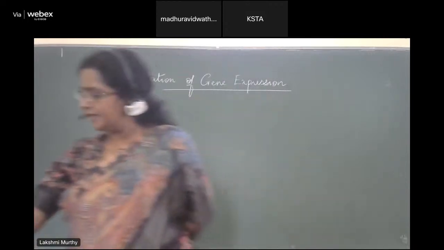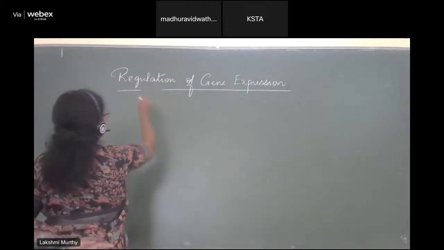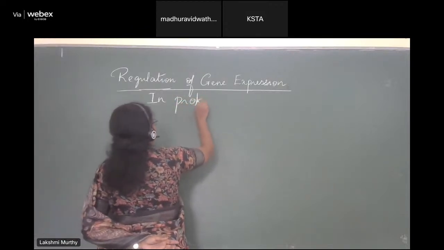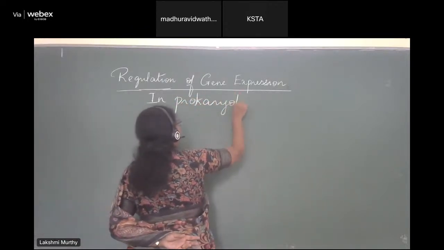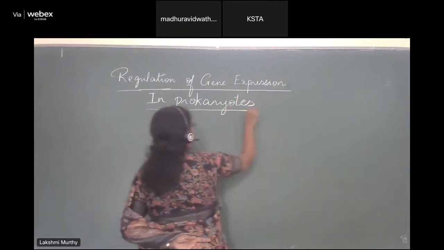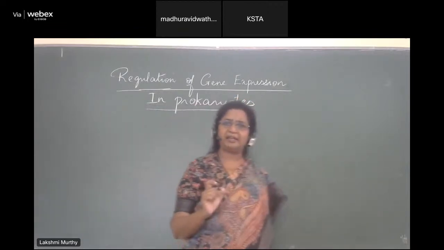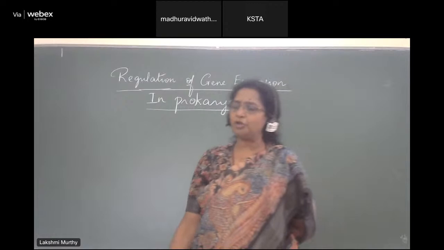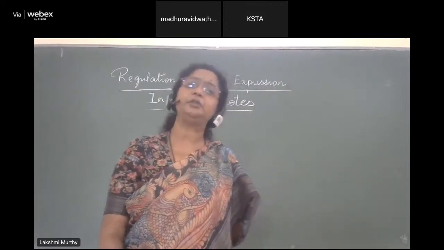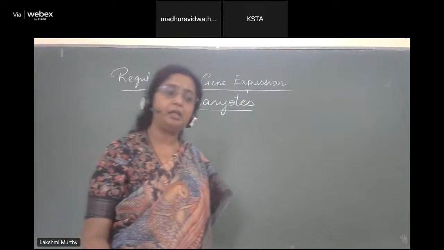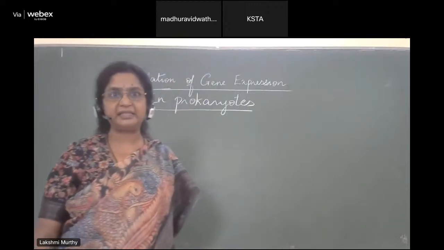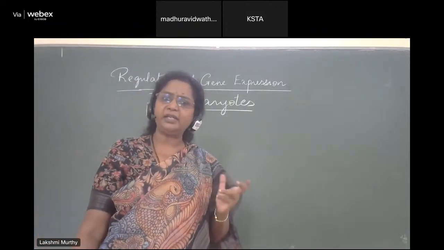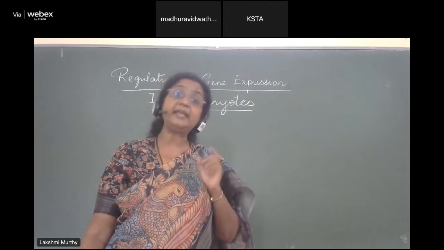Right? Let us go ahead now into regulation of gene expression in prokaryotes. Now, in prokaryotes, except maybe some of the cyanobacteria like Nostoc and so on, where you may have 2 different types of cells present, otherwise most of the prokaryotes are unicellular, and even if they are multicellular, all the cells happen to be the same. So when you do not have specialization of cells, then why should we regulate genes? That is the next question.